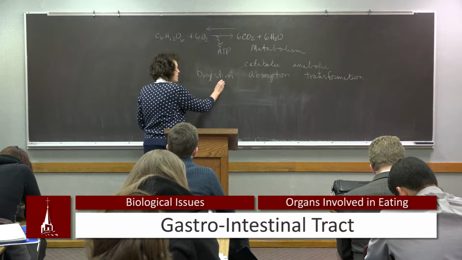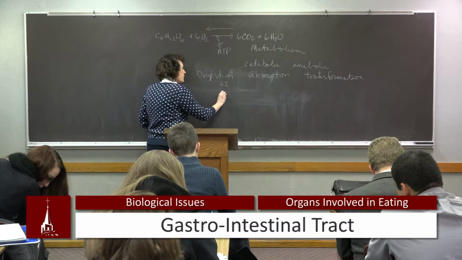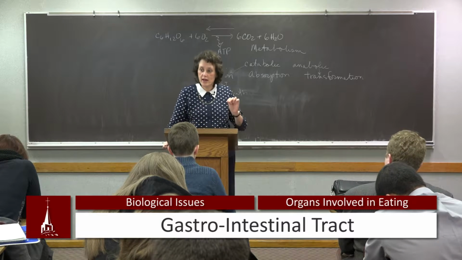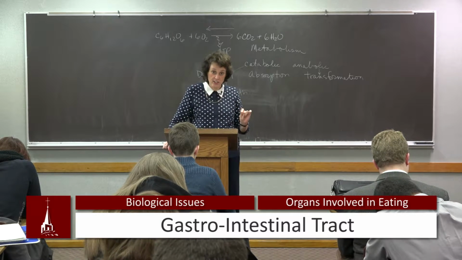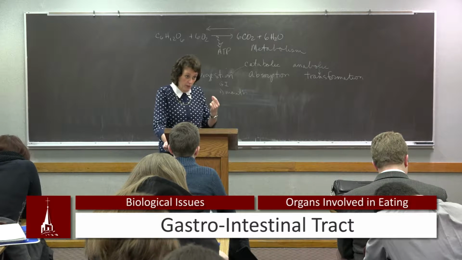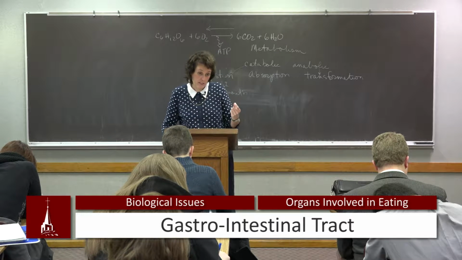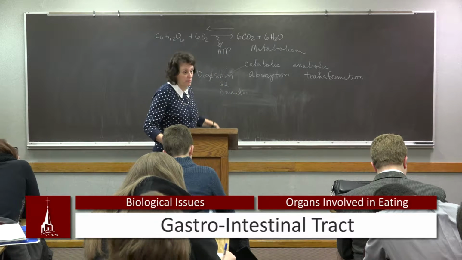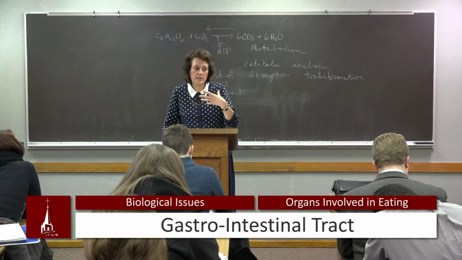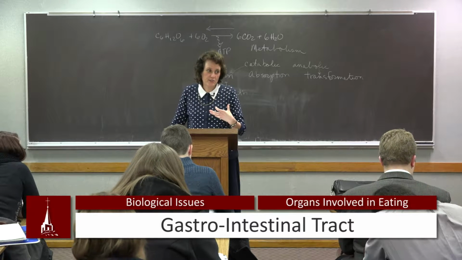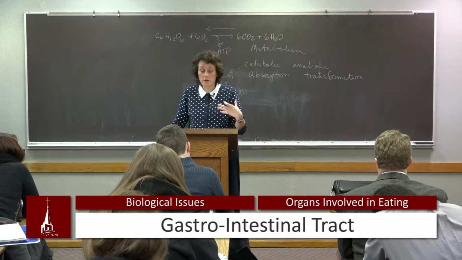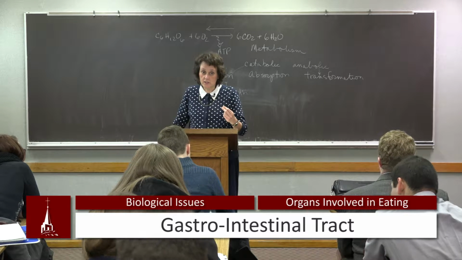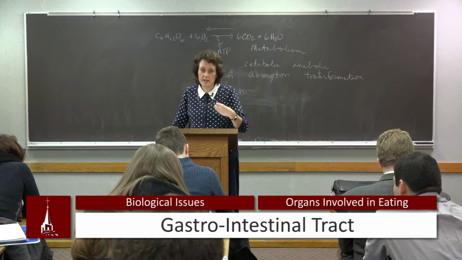So we have our GI tract. First is the mouth, primarily mechanical digestion, but it also has the very beginnings of chemical digestion. Your saliva starts the breakdown of your complex carbohydrates and starches. So you do have an enzyme in the mouth. And so it's important that you chew your food, obviously, so you don't choke on it. In fact, that's not the primary reason. The primary reason is to get the food substances into small particles, so then they can be mixed and digested